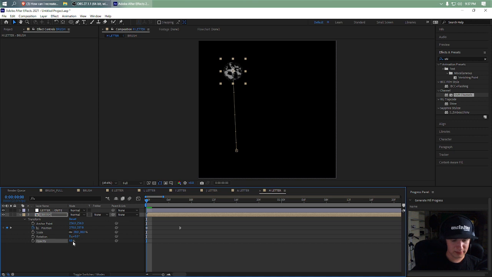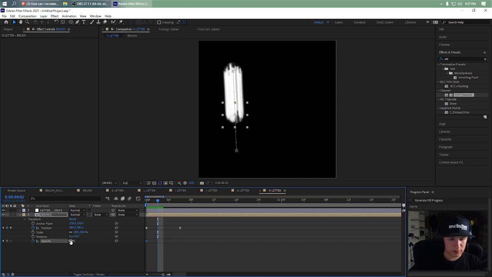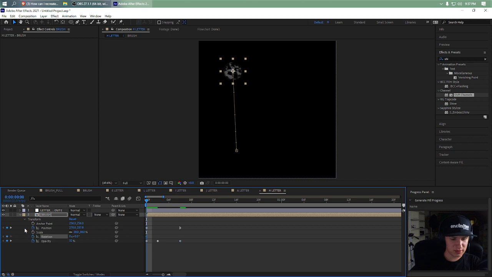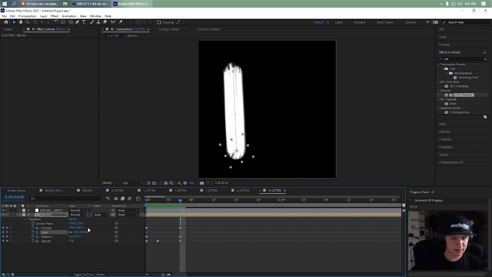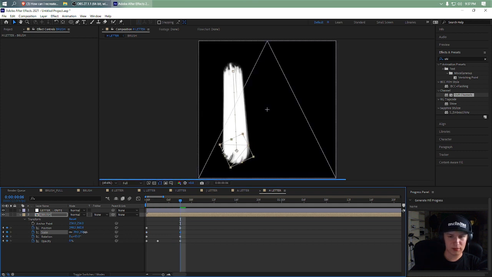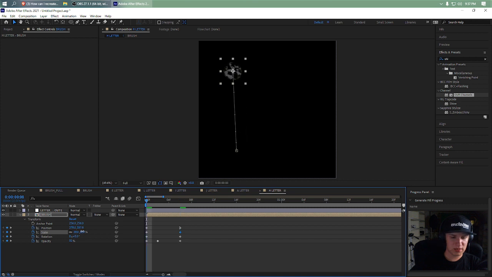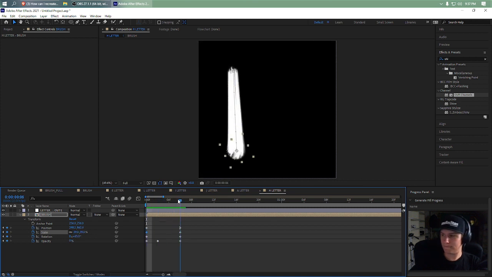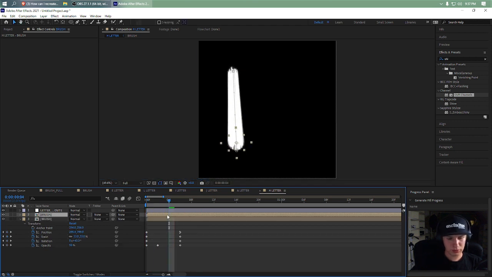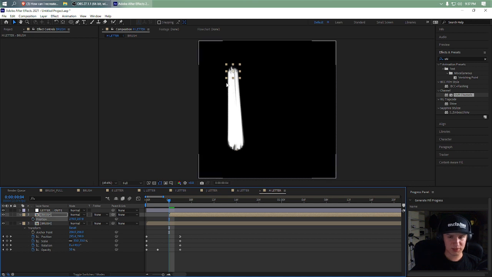But let's go ahead, add our taper. Add some rotation. Add some scale difference. I might taper this. I might make the top a little smaller. Yep. I'll change these positions from here